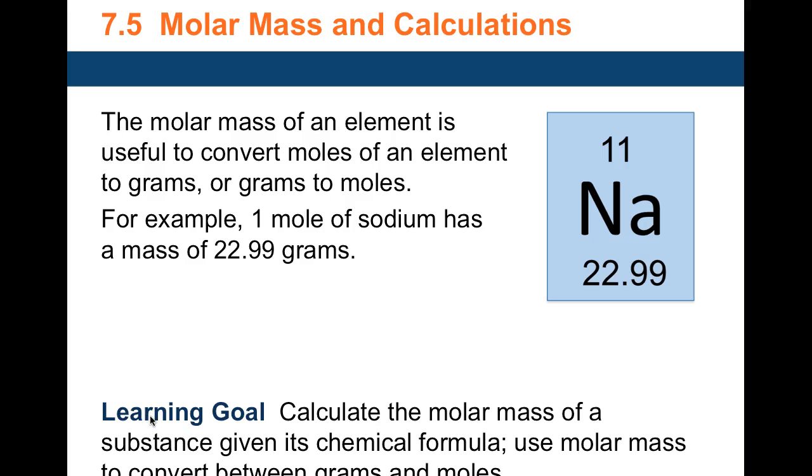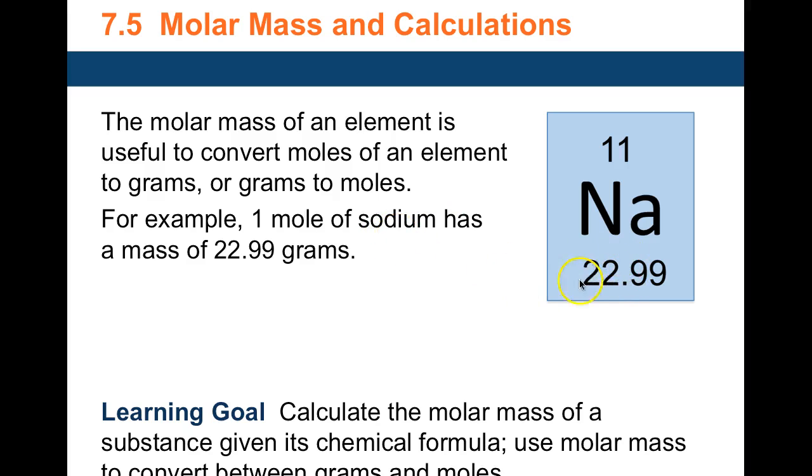Okay, continuing with chapter 7. So in 7.5, we are talking about molar mass and how to do calculations with molar mass, all right? So as I explained in the last section, if you have 1 mole of an element,